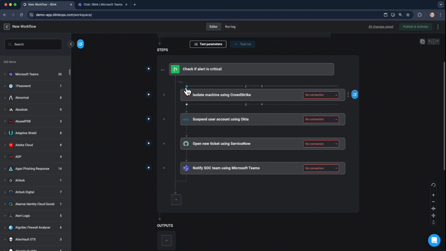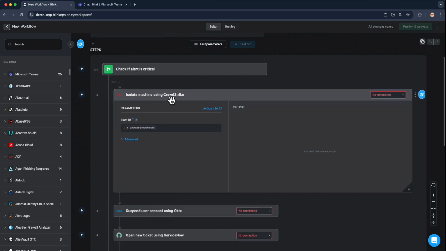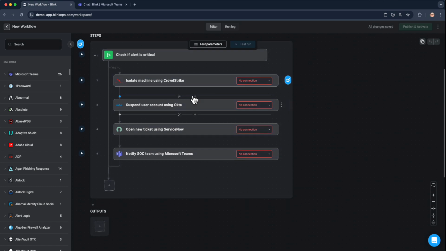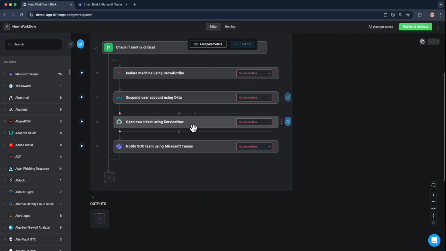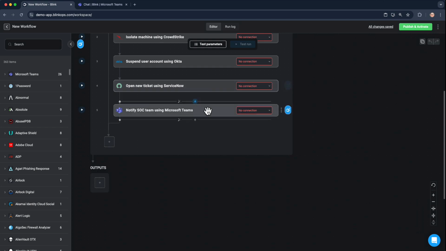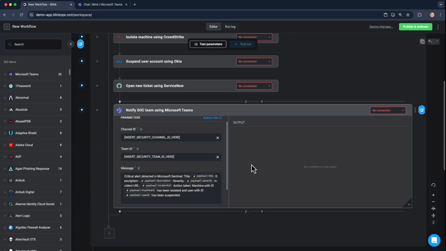So to start, you can see that the Copilot worked and pulled the actual no-code API endpoint, and it tries to map what it expects the input payload to require for the input of the action itself. So running down for it, the first step is obviously isolating the device using CrowdStrike, suspending the user via Okta, creating that ticket with ServiceNow, and then lastly, sending that notification to the security team. So it took what I said via a natural language prompt and actually implemented it in terms of a BlinkOps